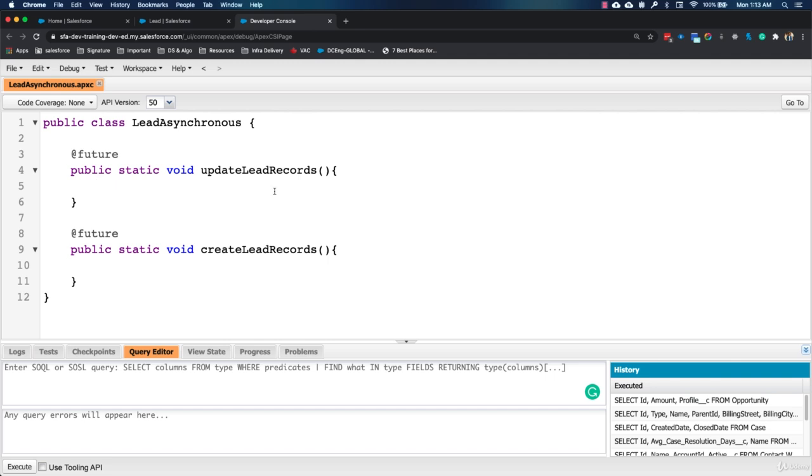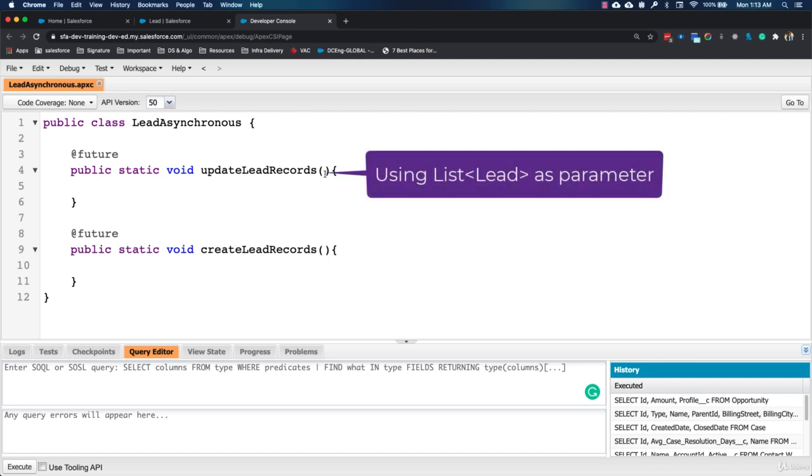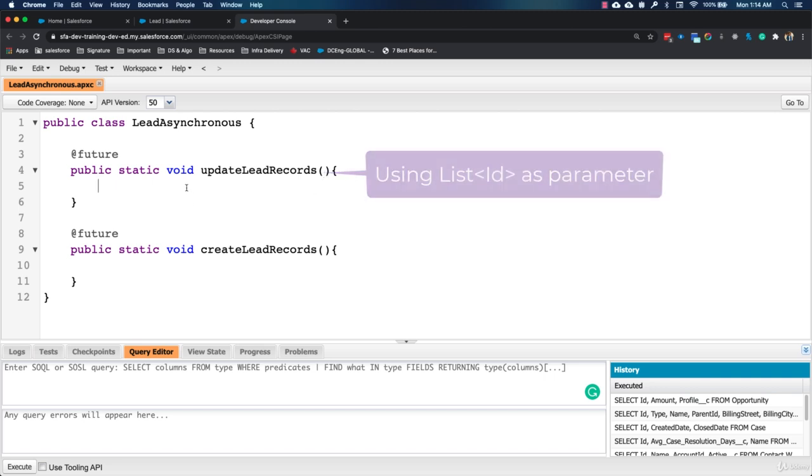In order to update these existing records, you need to get these from the method caller. So there are two ways to get it. Either you can get these records directly using the sObject or maybe your standard or custom objects, or you can get the ID of these records and run a SOQL query within these feature methods to get it and